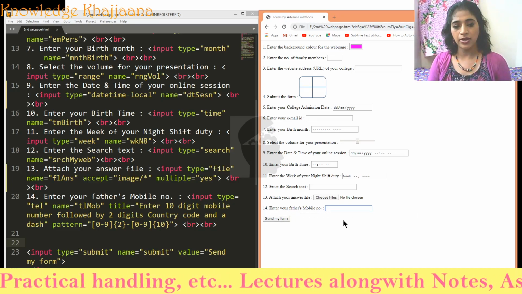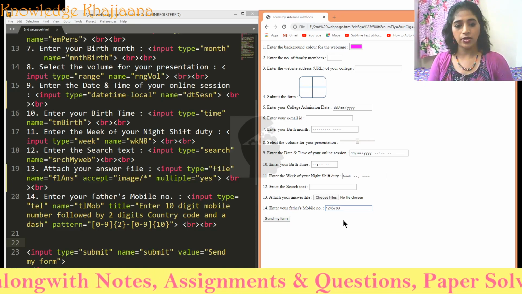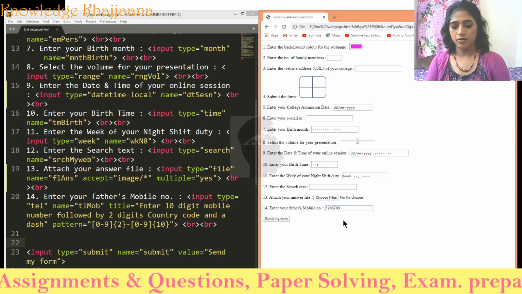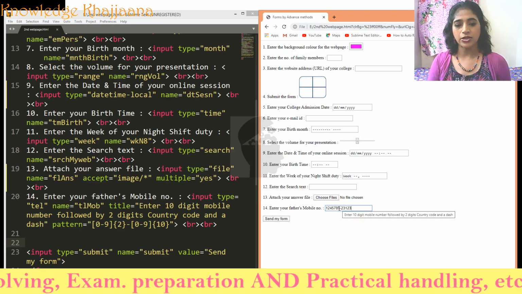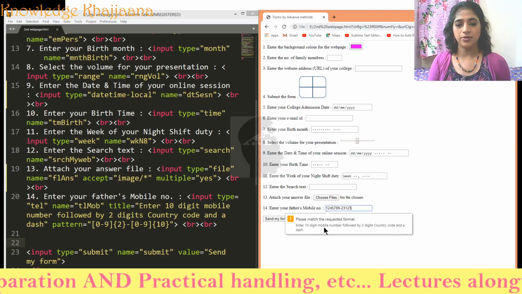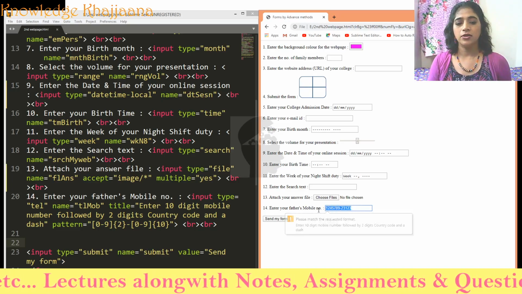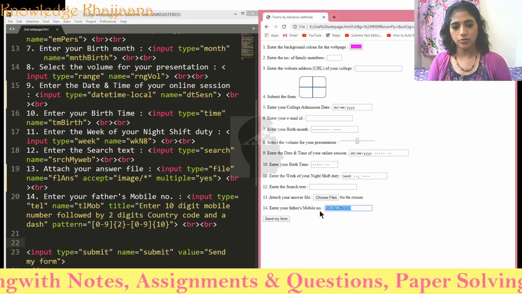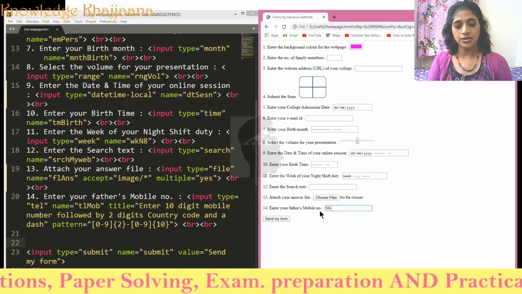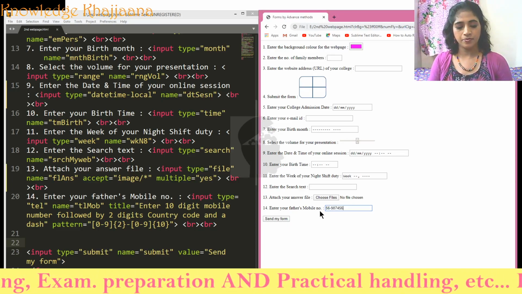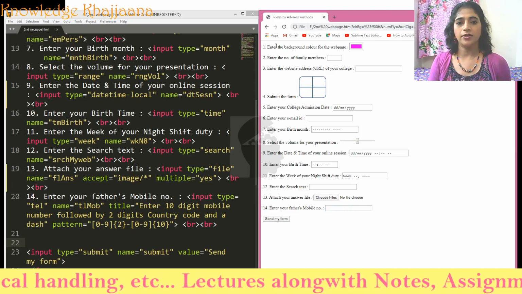Suppose I am entering numbers only, but I am not entering a dash between them, or a dash at a wrong place. See, the dash should be present only after the 2 digit country code. Suppose this is the country code, dash, and a 10 digit mobile number, then it is valid data.